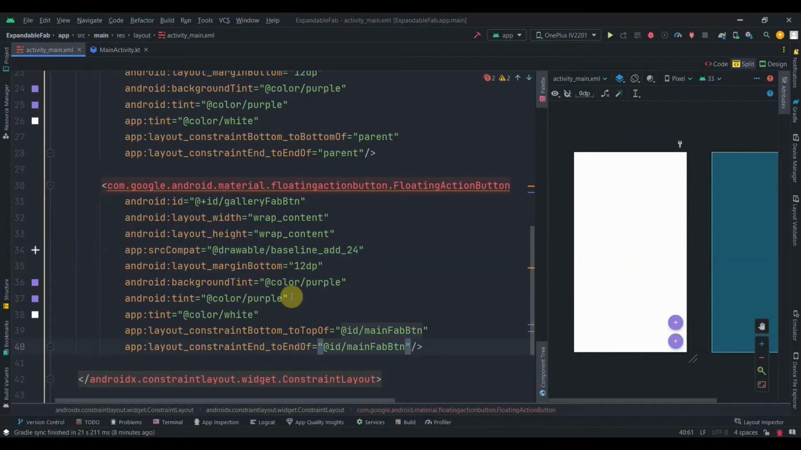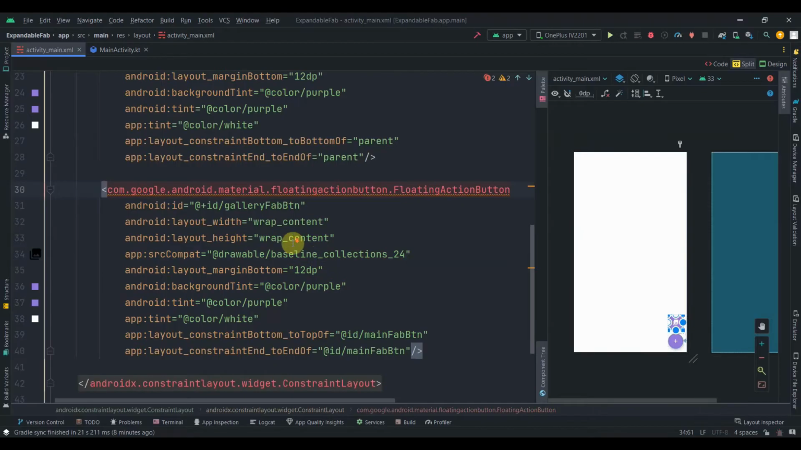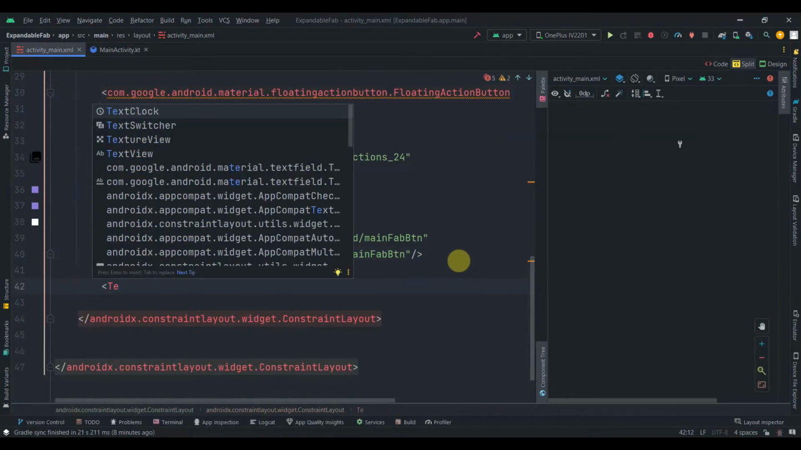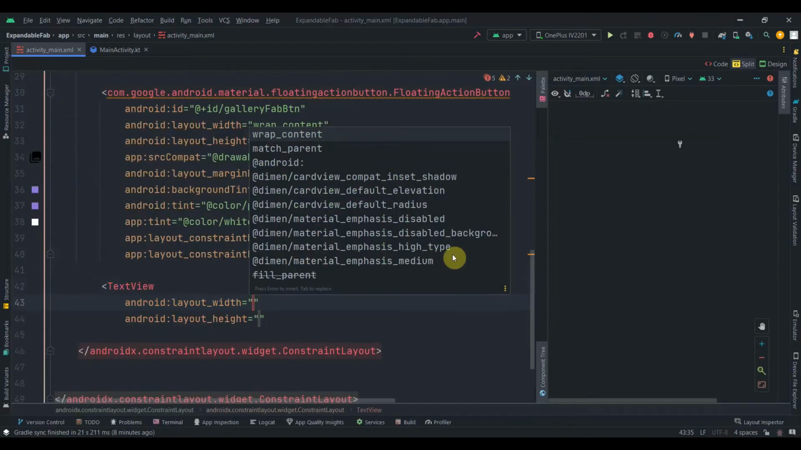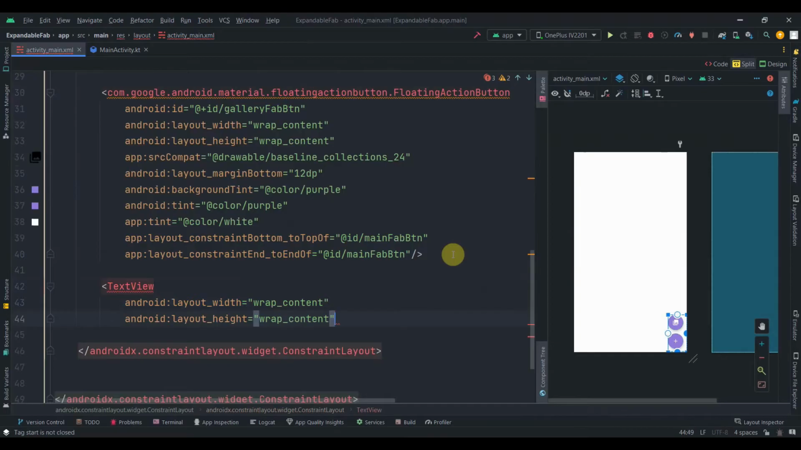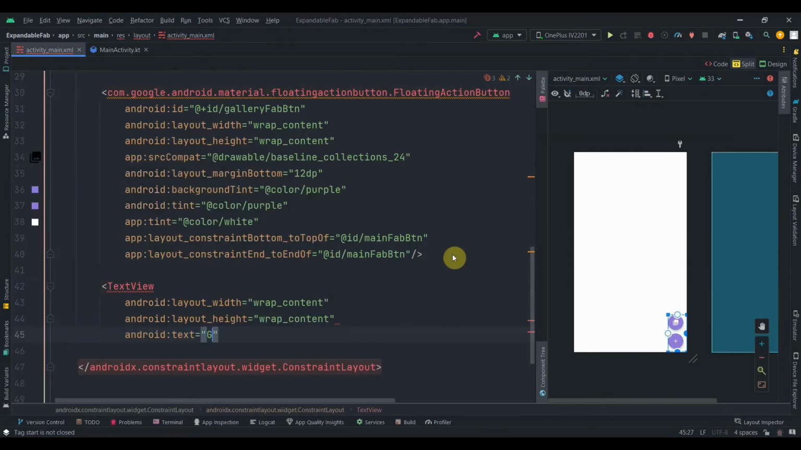Alright, this looks cool to me now. And for gallery we have another icon or drawable, so this time I will use collections, I guess, for gallery. Cool. So with this we also have the text view, so down here we'll create one text view, and again wrap content and wrap content. Text will be gallery,